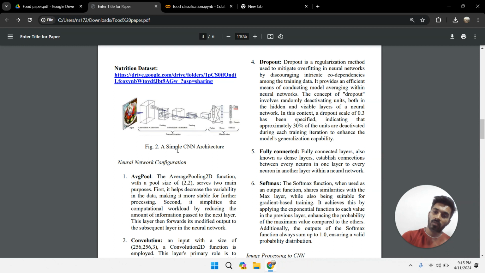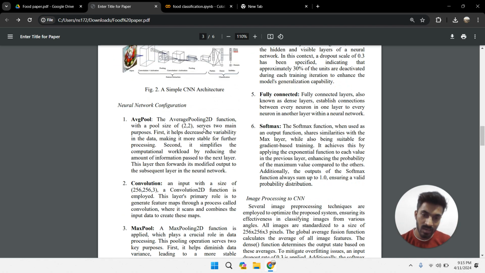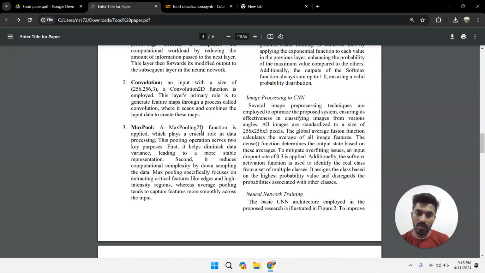So what we have to do in this project: firstly detect the image, like what the image is, and after detecting the image, we have to find the ingredients. This is basically a one to one matching. If the image is a potato, or a potato disease, then we have to match it with the different ingredients that potato has. That's how this will work.